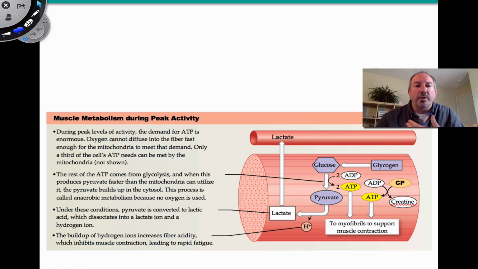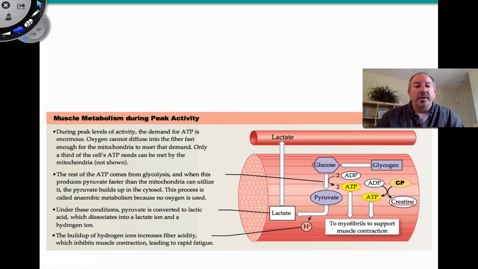And so if during peak activity, if you're sprinting or if you're really racing up a steep hill, the cell's going to be in oxygen debt. And so in order to get through that, all it can do is use glycolysis. And so it takes some of its glycogen, makes it into glucose, and then uses glycolysis to produce pyruvate. This, again, does not go into the mitochondria, and therefore it gets converted to lactate or lactic acid, which, again,